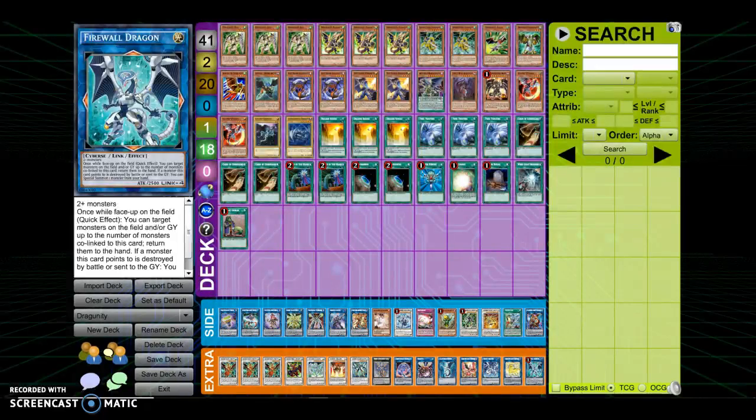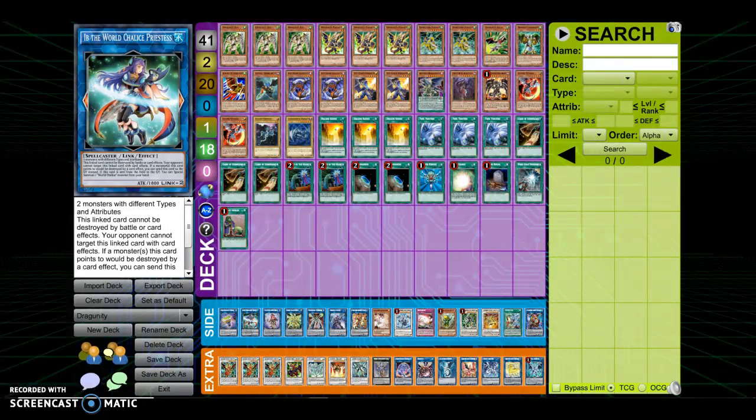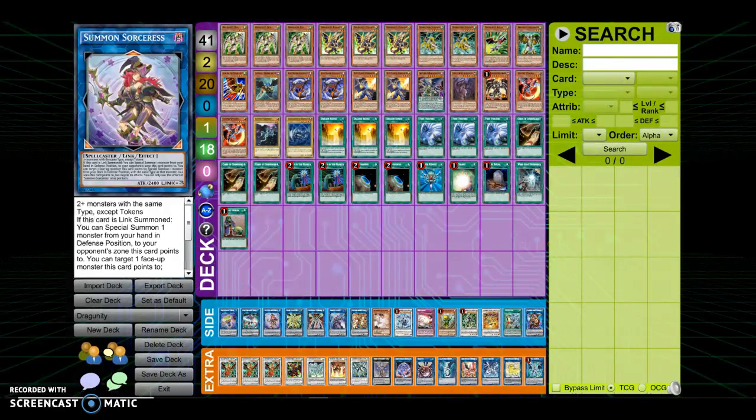That's really it, what I have in mind right now. And we get that link soon. There's probably the list that I would play myself. We got cards like Underclock Taker though that you could definitely utilize. You could play Ibli if you want, but it's just such a brick in your hand. I wouldn't recommend it. You got the Ib, you got the Summon Sword that you could possibly try to tech